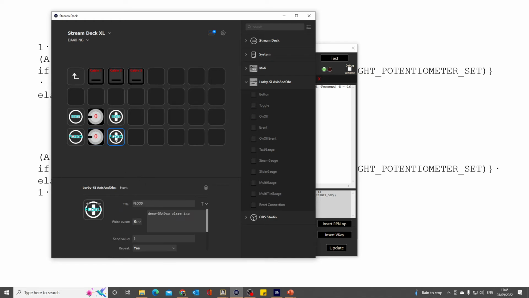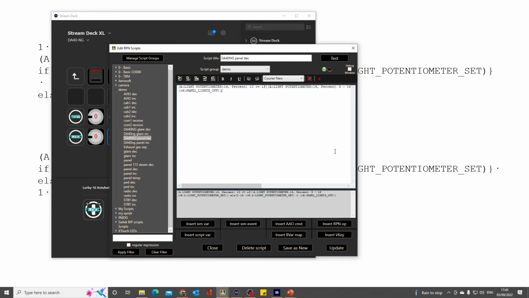And then the floodlights, again, we've got two scripts to call, and they're pretty much the same structure as before, so copying and editing, but we want to call either the glare shield increment or decrease decrement ones, and they are in here, and again pretty much identical. So if we look at the increment one, it's turning the glare shield lights on, checking potentiometer number 5 to check if it's above 90. So let's look at the structure